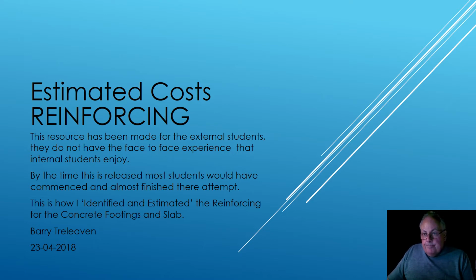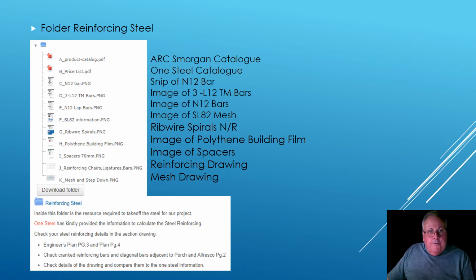Slide 2. In the folder of reinforcing steel are some key things that we need to actually use. Number one, we have the ARC Smorgon catalogue. We also have a One Steel catalogue. We have a snip image of what a N12 bar is. We also have an image of what 3 L12 trench mesh is. We've got 2 lots of these. Okay, an image of SL82 mesh,